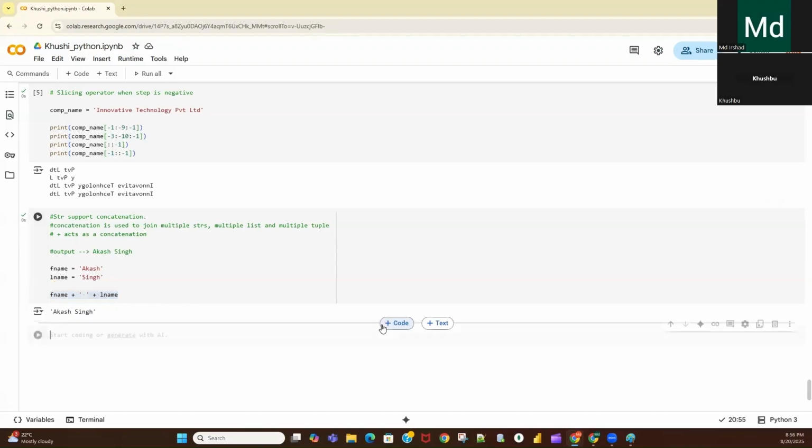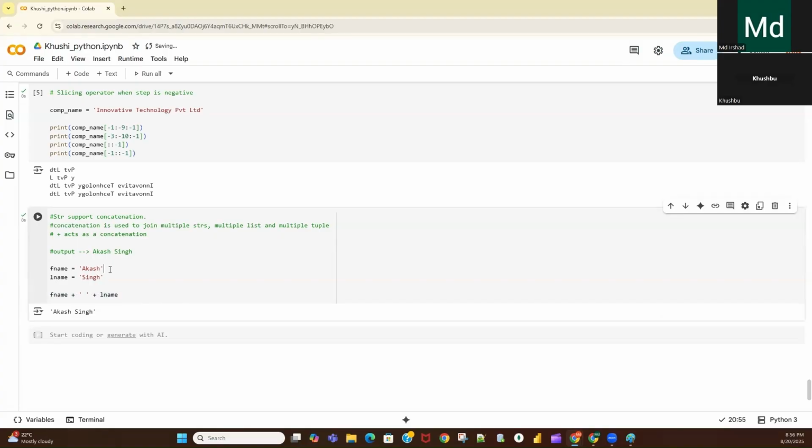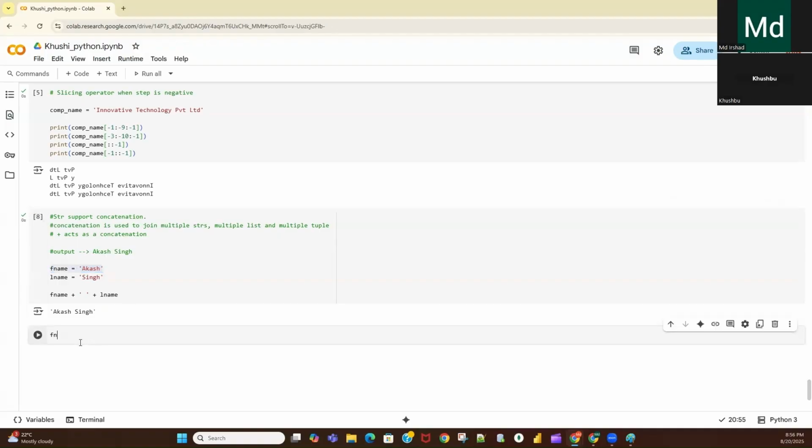Now, in the case of concatenation, we can only concatenate string to string, list to list, and tuple to tuple. We cannot concatenate a string with another data type. For example, first name is my string, let's say Akash, and here I'm taking some list data, 1 2 3 4.